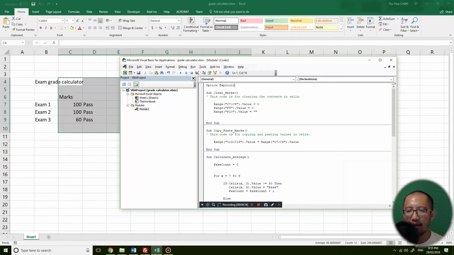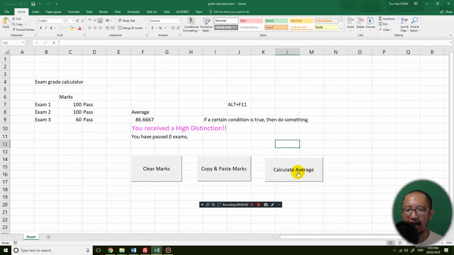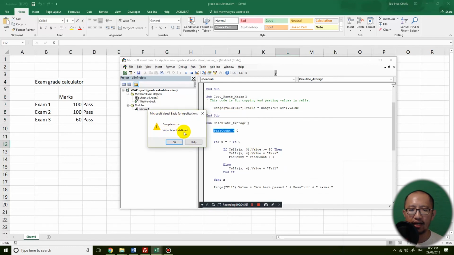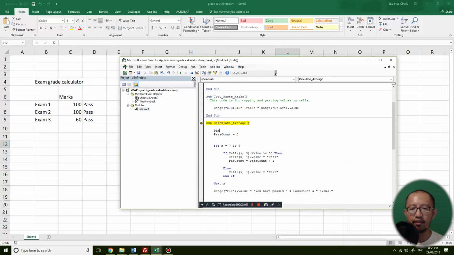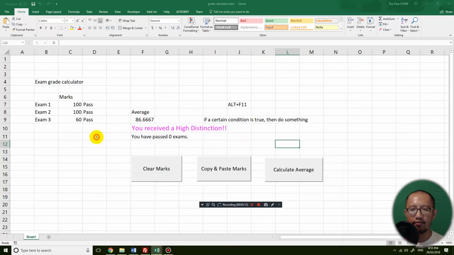So now any variable that is not declared is going to turn out to be an error. So if I Control S, save this, close the thing and click calculate average, it tells me when there is a variable that is not defined. So it now forces me to declare the variable: Dim pass count As Integer. Okay, so now I have to declare it. So now if I save that, Control S, and I run this code again,